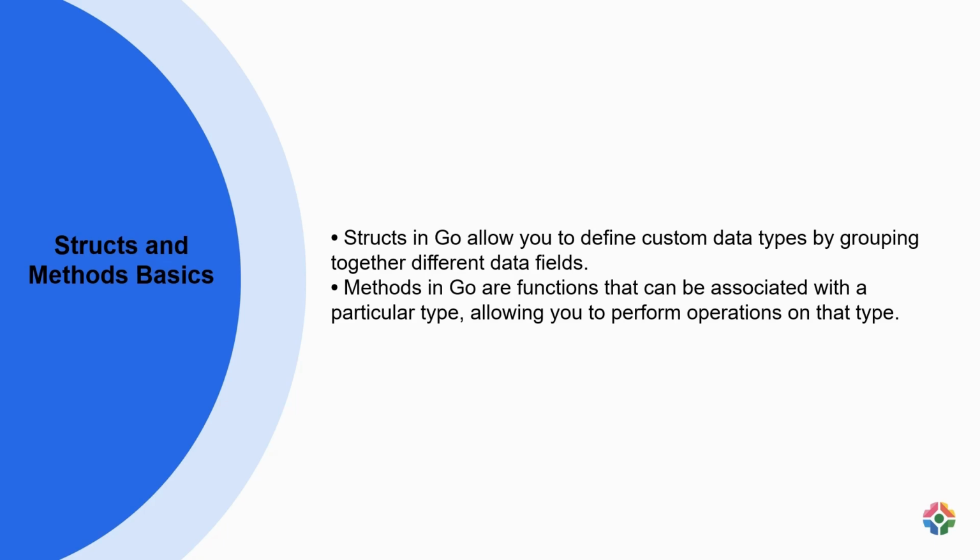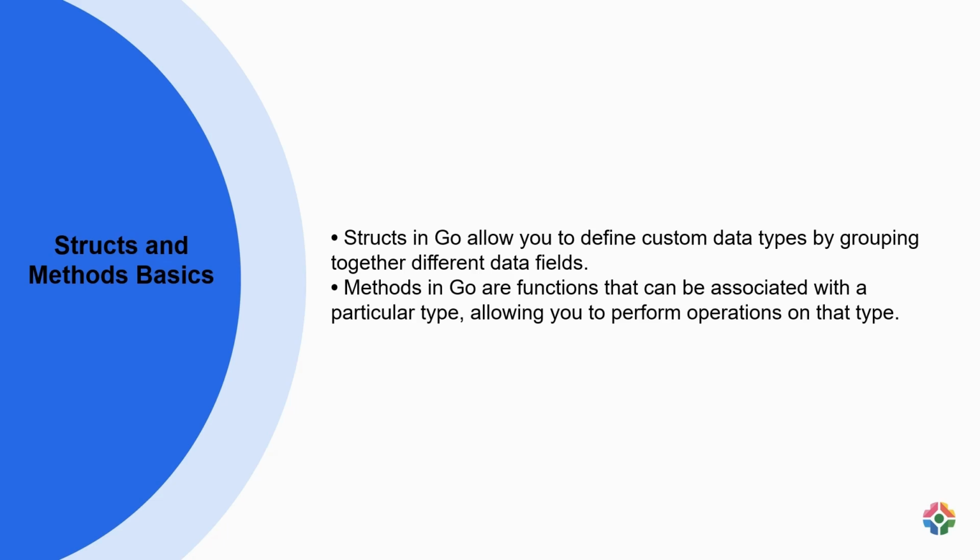Methods in Go refer to functions that are associated with a specific struct type. These functions can access and manipulate the data fields within the struct. Continuing with the employee struct example, you could define methods like calculateBonus or updateSalary that perform operations on the employee's salary based on certain criteria. By using structs and methods together in Go, you can create organized and efficient code for handling complex data structures